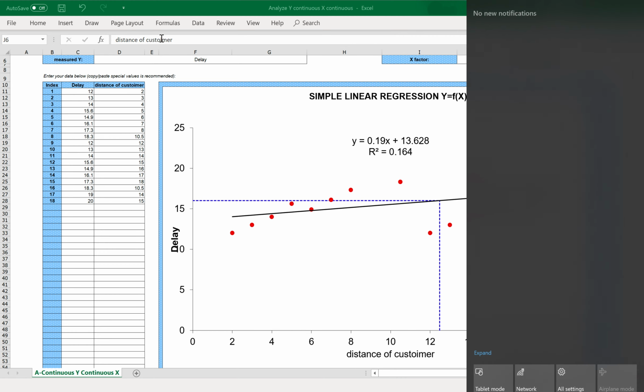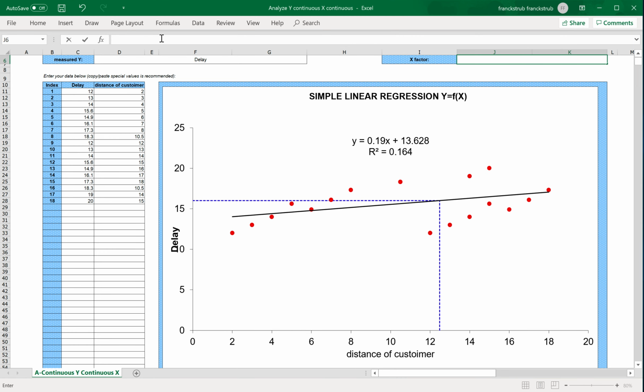If I want to fix distance of customer, and now it's distance of customer for X, and here on the graph.